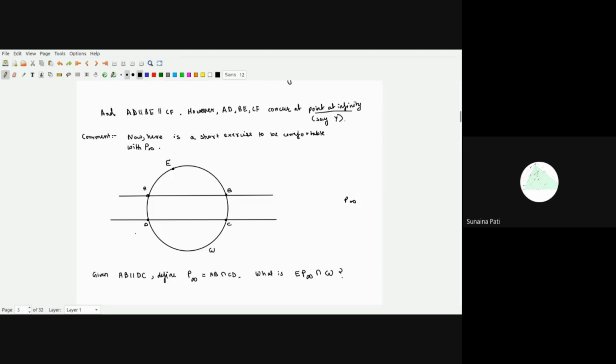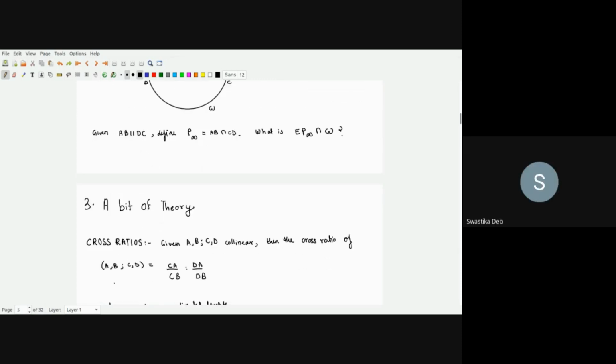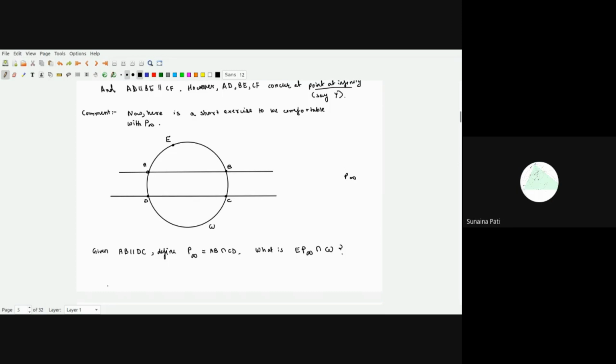Swastika, you were saying something, but I couldn't hear it because your voice was low. No, I wasn't saying anything. Okay. So basically,